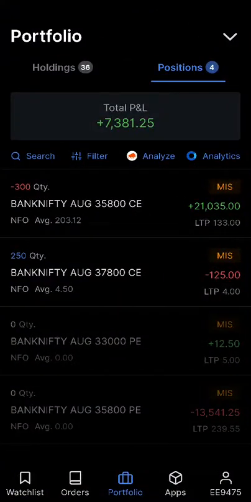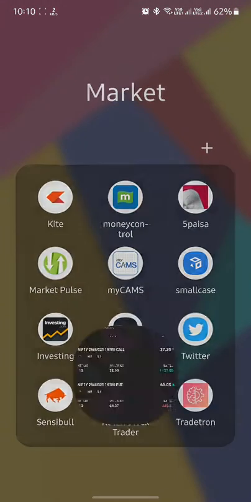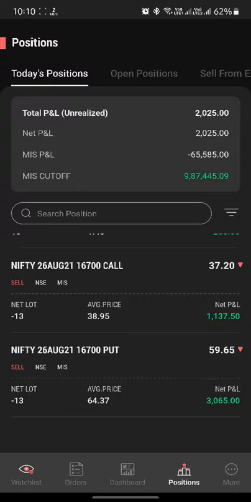Here is the Kite. As soon as I open the Kite, you can see that the PNL is running like this. See, it is live. Now I will open the Kotak New Stock Trading app, which is here. See, I have opened it, and this PNL is not changing as of now. 2025 is constant. See, this price is changing. This one is also changing sometimes, but 2025 is not changing even after 5 to 7, even after 7 to 10 seconds, and then this PNL changes.